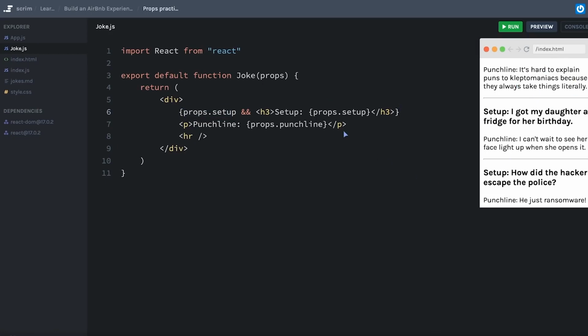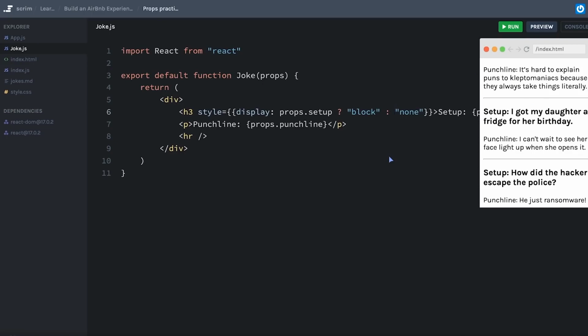And one of the cool things about this is we could decide to do it in another way. For example, what if instead of conditionally rendering it this way, I decided to say, well, the style of this H3 is that it has a display of none when props.setup does not exist. Well, I could do that with something like a ternary. I could say the display, if props.setup does exist, then I want it to be block, but otherwise I want it to be none. Obviously, this is a much more convoluted way than what we just saw, but it essentially